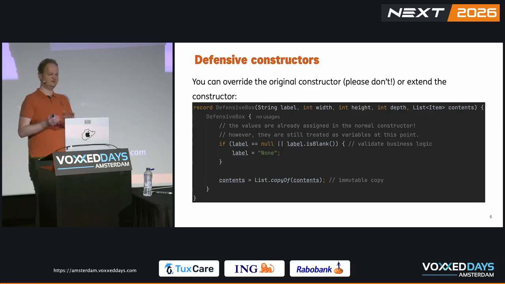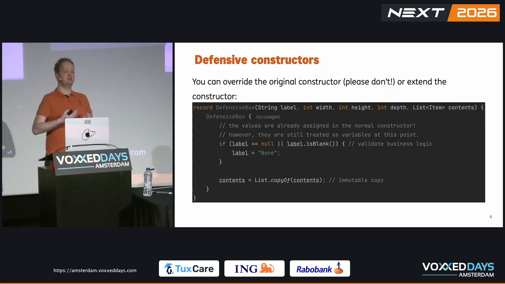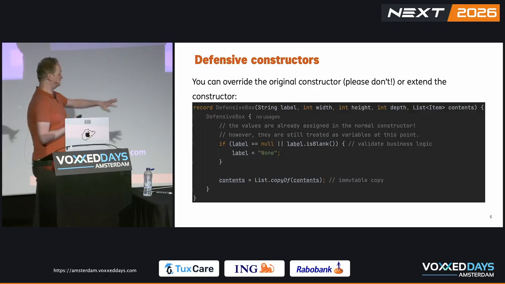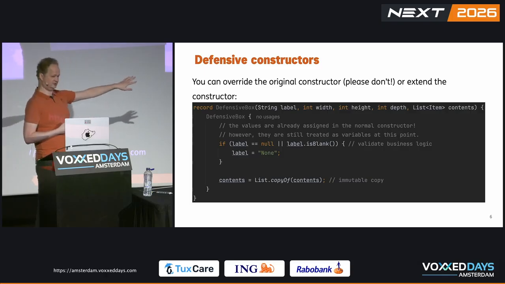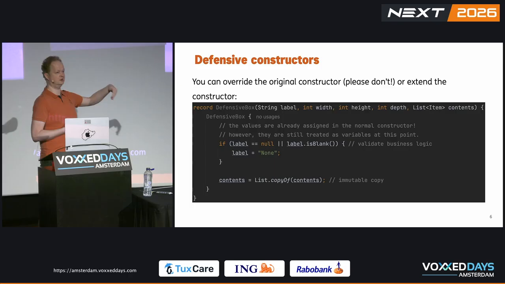So to prevent this from happening, you can do multiple things. You can build defensive constructors like I'm doing here, which means that I will replace a value with a default value at the moment that it's not within my scope, so within my domain. I would always expect a label to be there, so I can add a default value. And in the case of the list, a List.copyOf, for those that don't know it, will always create